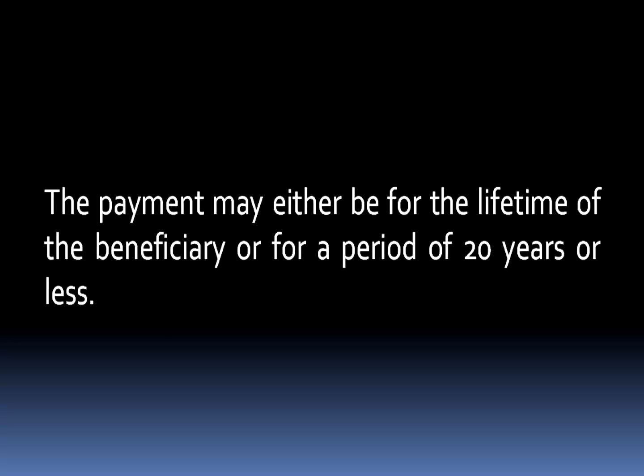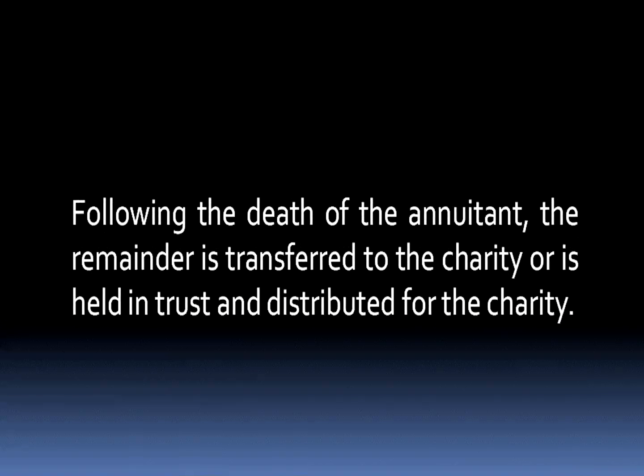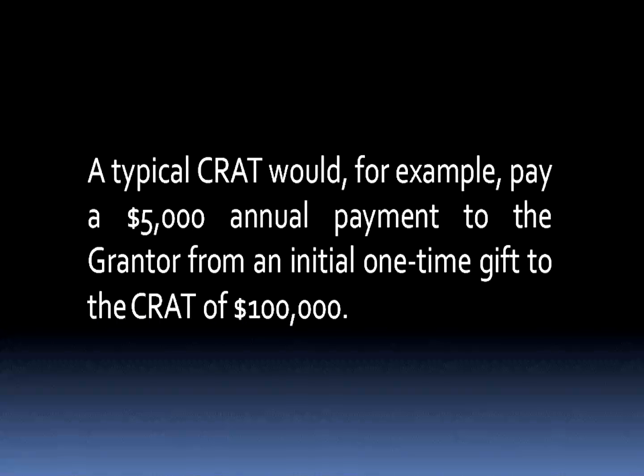The payment may be either for the lifetime of the beneficiary or for a period of 20 years or less. The payment may not increase or decrease during the term of the trust, nor may additional gifts be made to the trust. Following the death of the annuitant, the remainder is transferred to the charity or is held in trust and distributed for the charity. A typical CRAT, for example, pays a $5,000 annual payment to the grantor